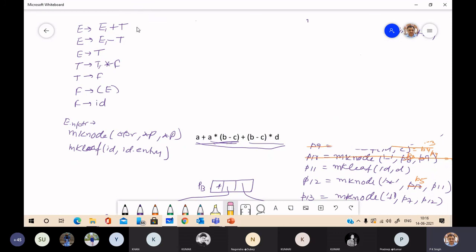Now here, the action should be print plus. Here print minus. No action.